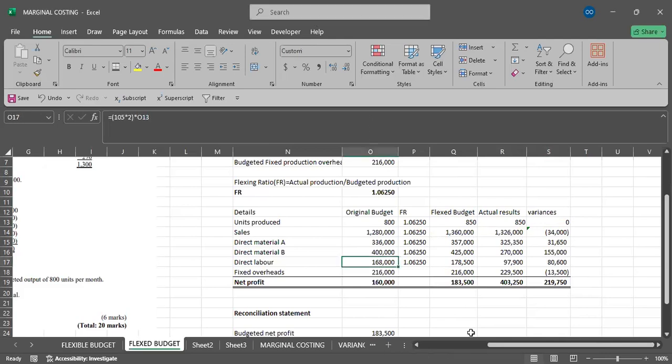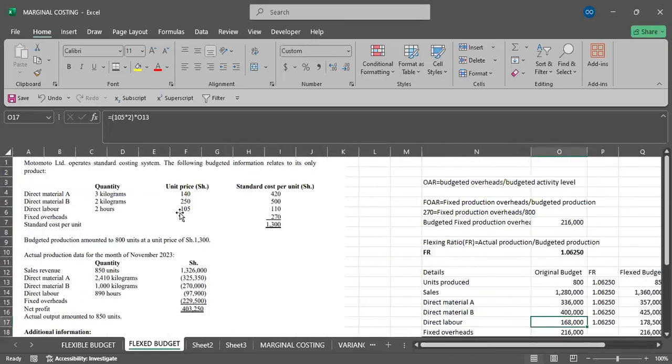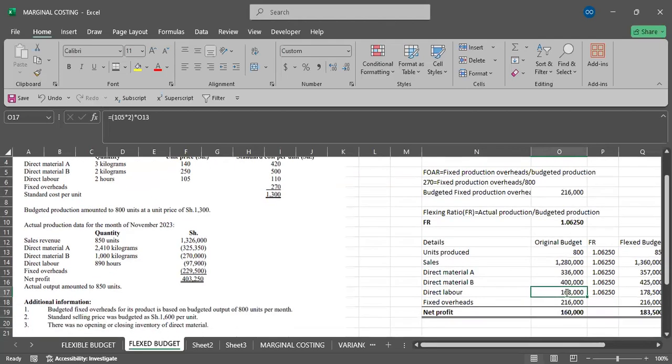Direct labor. Good. So we are able to identify that direct labor had a mistake. It is 105 per hour, and we have 2 hours. That should be 210. So this was not 110, it's supposed to be 210. We multiply by 800. So that's why we took 105 times 2 first to give us 210. Then 210 we multiply by 800. So that's how we got 160,